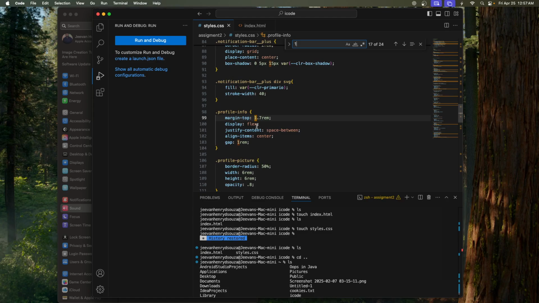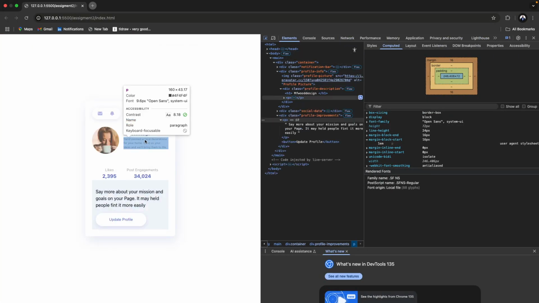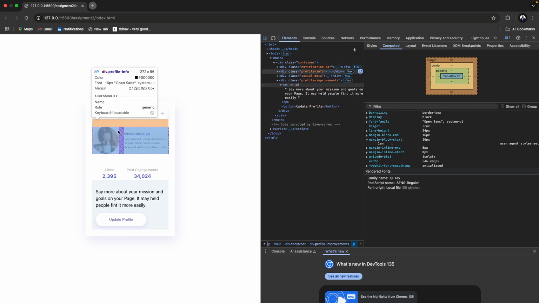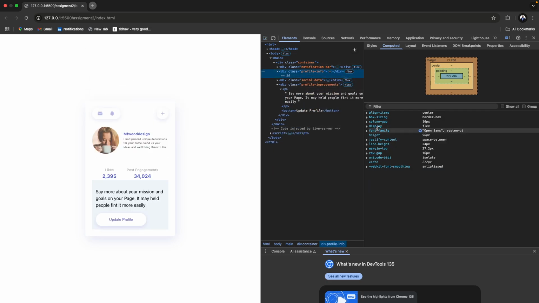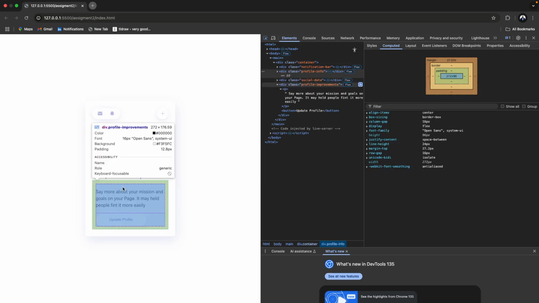Yes, but that's in this profile info thing, right? So this margin is okay. But when I come here,